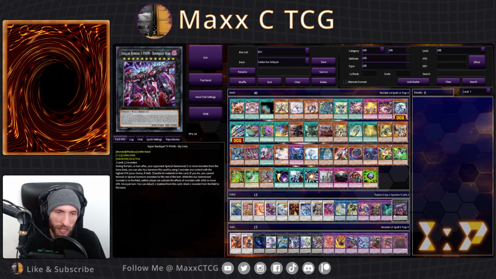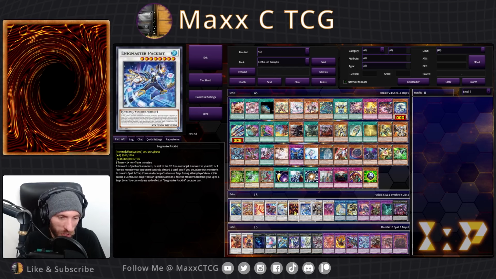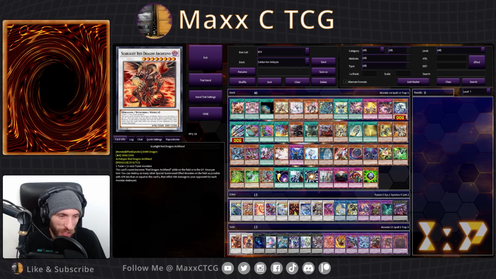You can even normal summon a hand trap, especially summon with the extra deck more than twice, and then you can make Typhon. Other cards you can consider is Scarlet Red Dragon Archfiend, just a way to kind of burn in time. You can use this on your turn